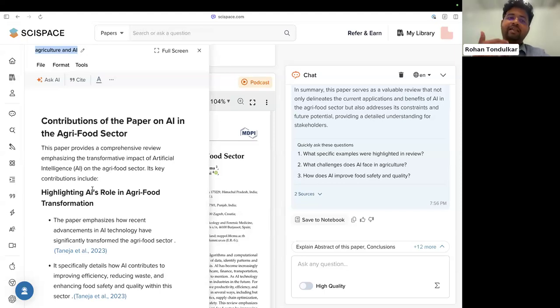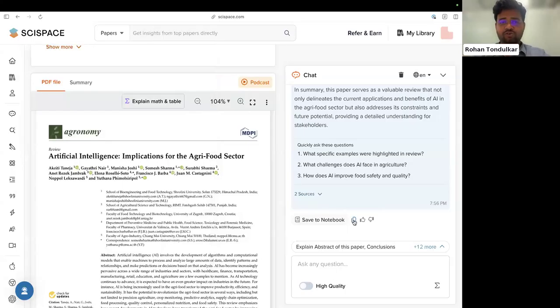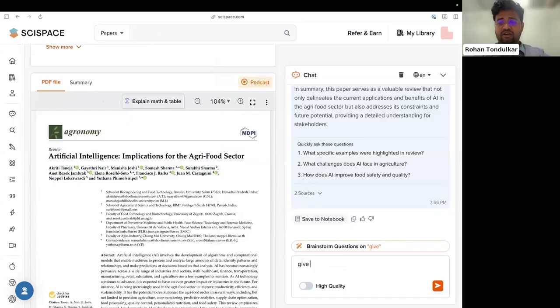So that's how my report can start getting formed, where I do a literature review. I look at the top papers from top journals. I chat with PDF, ask a few questions, add those to my notes, and so forth. And you can just copy and paste also. That's also there. I read the summary, I understand a few papers, or you can even ask, give a summary in one paragraph or the same paragraph.